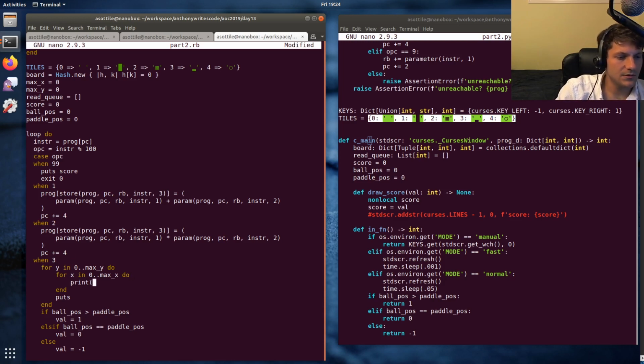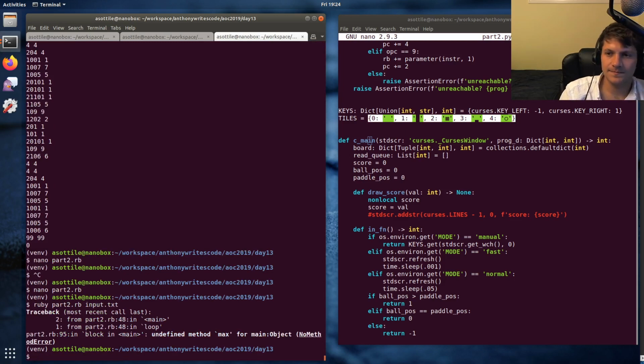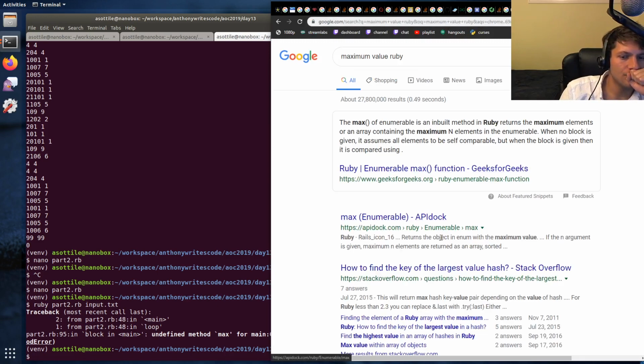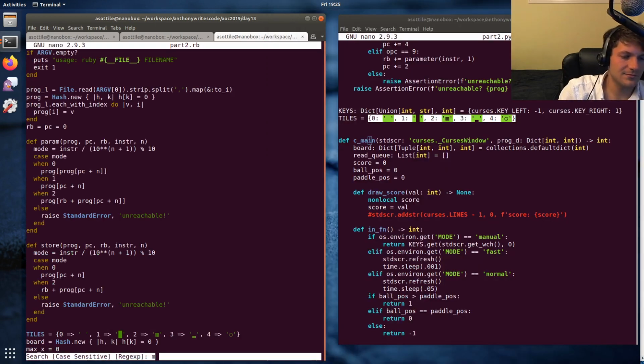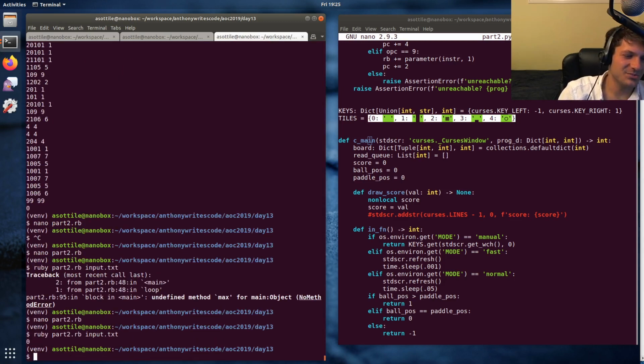Print board, well, tiles of board of x comma y. Okay, that should get us our board. Undefined method max. Not array max. I guess I could use array max. It's a little derpy, but